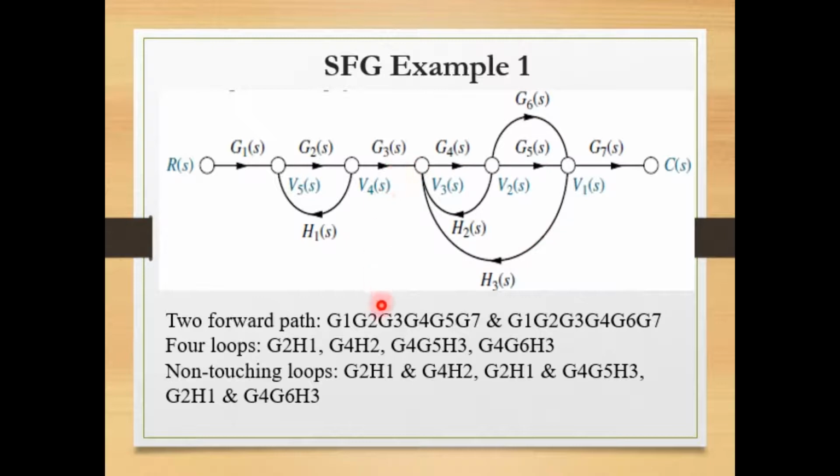So out of this, do you have any self loops? No, there are no self loops. All the branches start at the same node, but it has many branches. That loop has more than one branch, so it is not a self loop. Are any loops non-touching? Yes. So this is the first one. Say G2H1 is a loop gain which doesn't share a